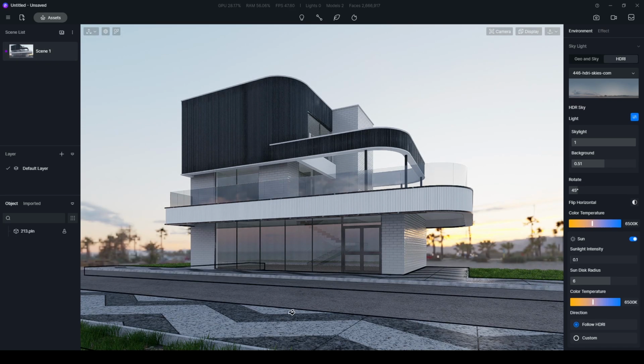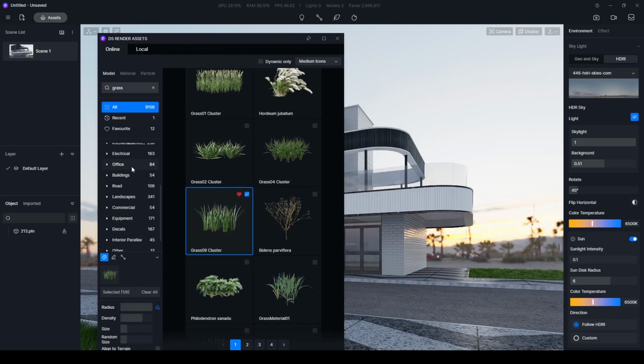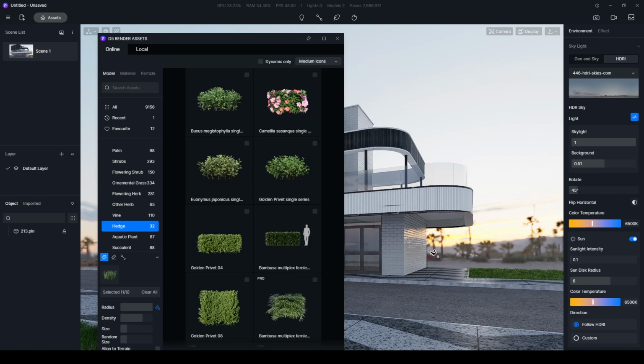Okay, let's add some vegetation. Go to Assets, and my tip is, first, you determine your scene and place your vegetation according to this scene. Therefore, according to this scene, I'm gonna click the nature and use hedge. I want the block background, I don't want to see this part.